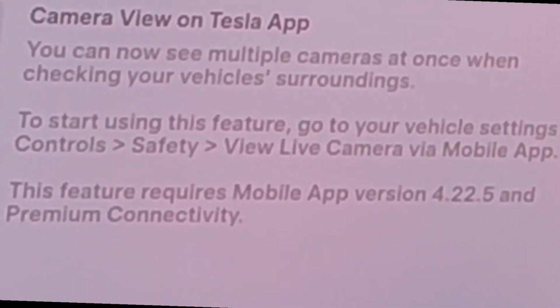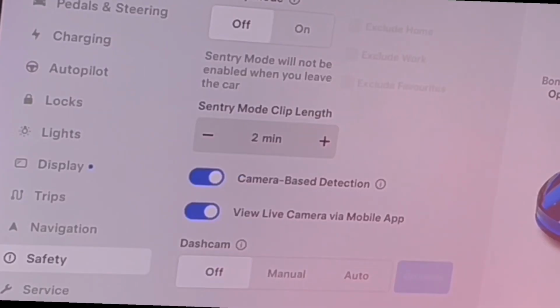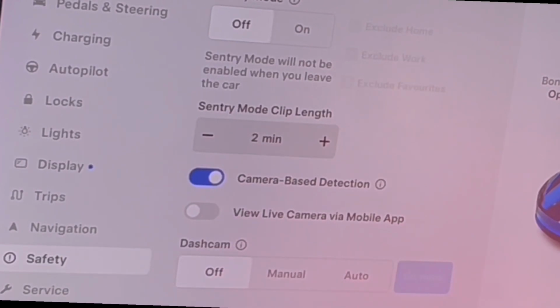Well, let's have a look. It says go to safety and then view live cameras via mobile app. So let's do that. We go into the car icon, we hit safety, and we view cameras via mobile. Mine's on, but yours will be off. Make sure it's on,